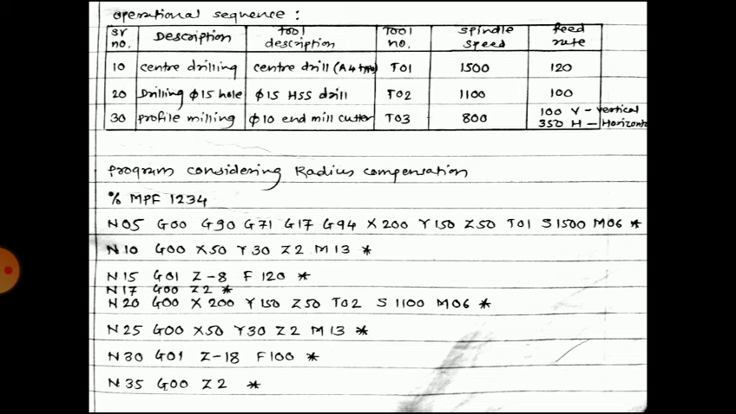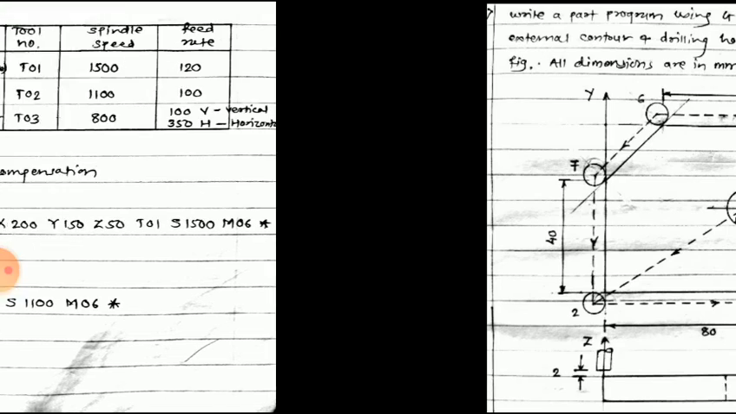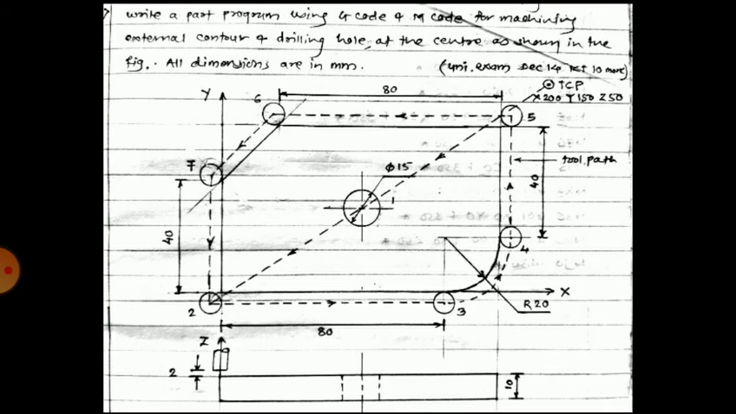that is the tool change position coordinates. T01, the tool is selected. For that, S1500 is the spindle speed, and M06 is for the tool change. N10, G00 X50 Y30. So these are the coordinates of the center position for putting the hole. So first the center drilling operation is performed, and after that